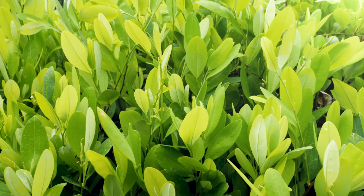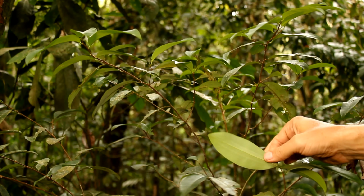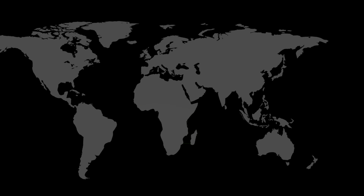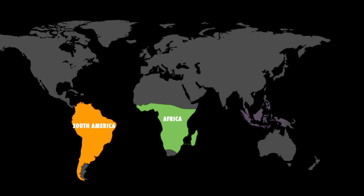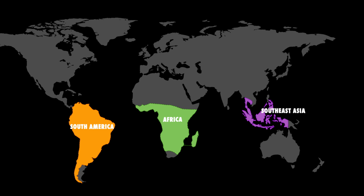It is strongly addictive. Coca is a shrub that grows to be 2 to 3 meters tall and prefers to grow in hot, damp climates. It has small white flowers that mature into red berries. While cultivated today in Africa, South America, and Southeast Asia, it is native to the Amazon and eastern slopes of the Andes Mountains. The leaves of the coca plant are actually quite nutritious, chock full of vitamins, minerals, fiber, and